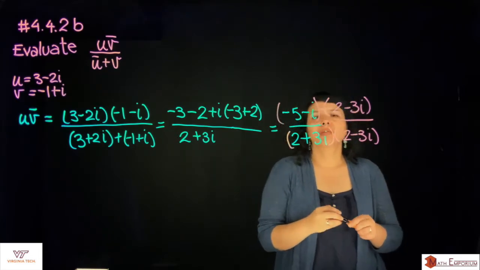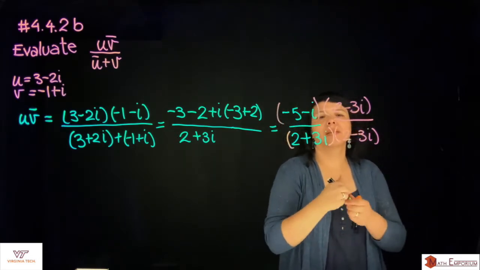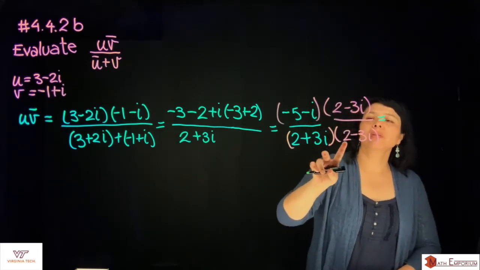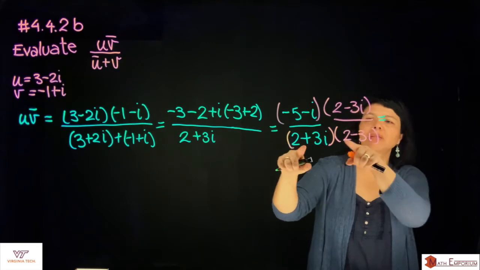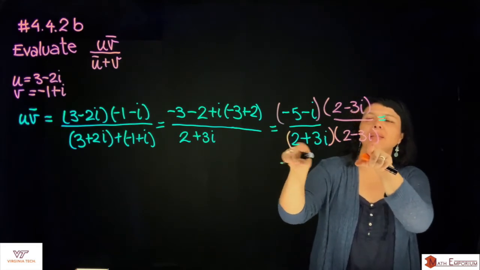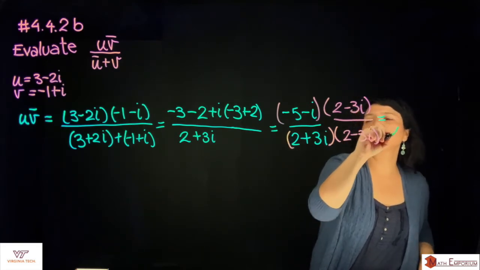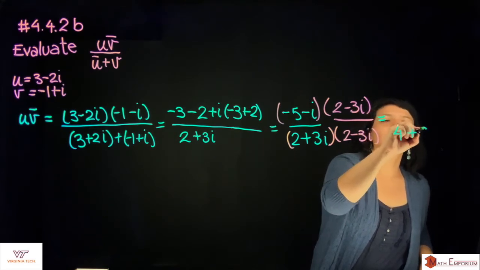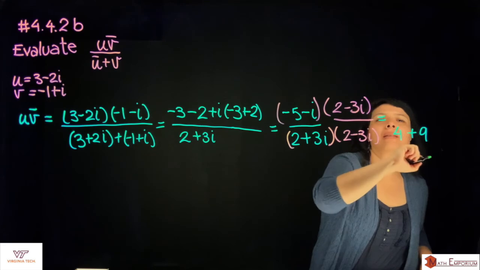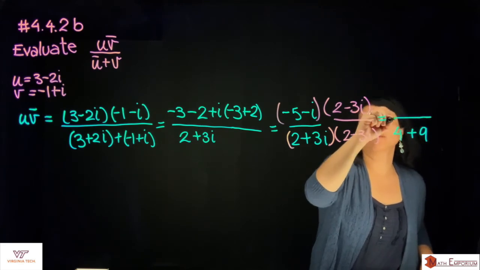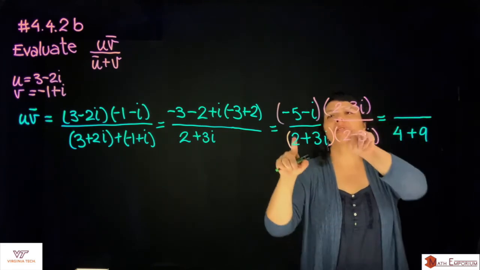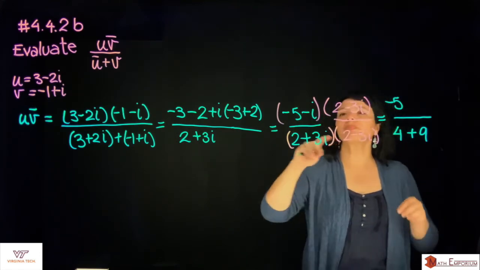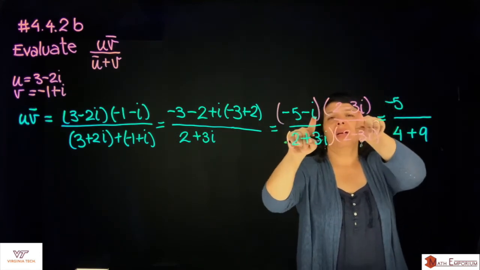Okay, so let's see, what do I get? This gives me the modulus or the magnitude of this squared, so that's going to be 4 plus 9. And then in the top I need to do again the multiplication, so that's negative 5, and then plus 3,